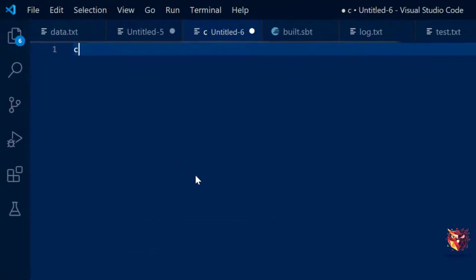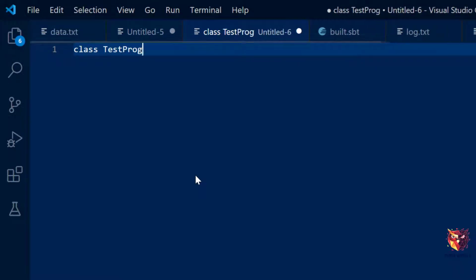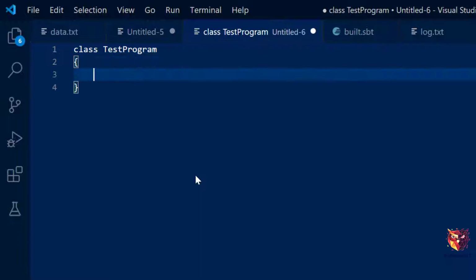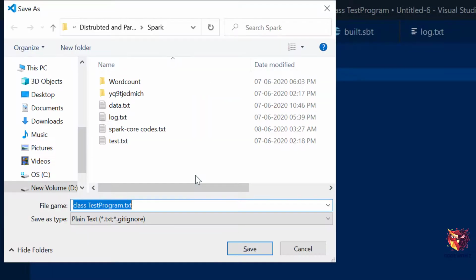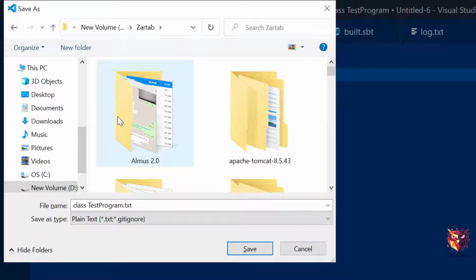Let's say some chunk value, so class test program, and I say okay, let me quickly save this as a Java file.